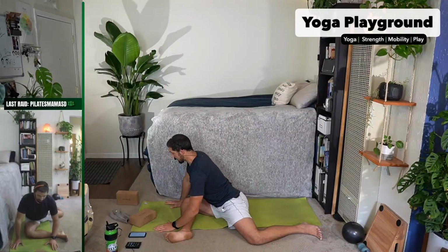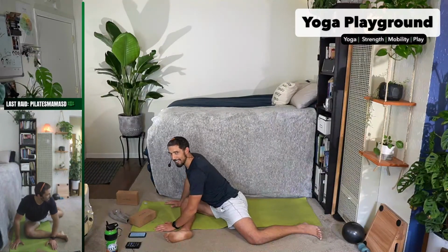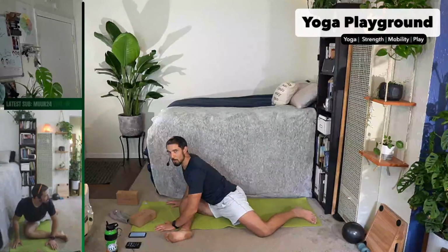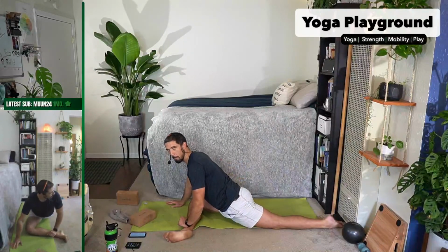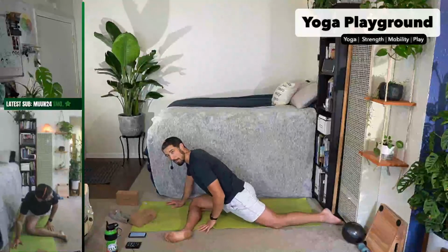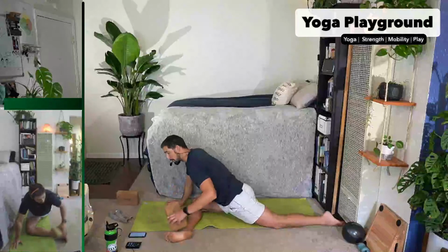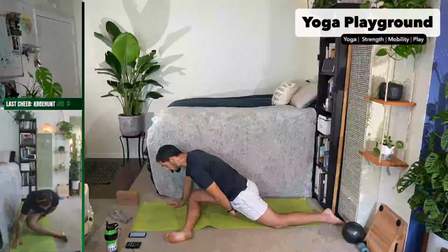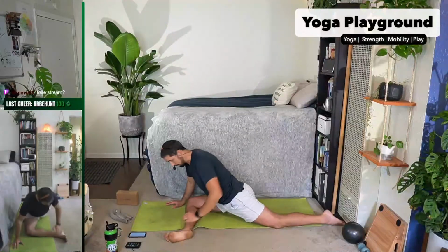Now, if you just gotta go into your pigeon pose here, feel free. All you need to do is to straighten that back leg and roll over the hip. And you'll notice when I did that, I created more space here. So I'm not actually going to be able to relax fully into this. So if the same happened to you, if you really wanted to go into that pigeon and you created a little space,